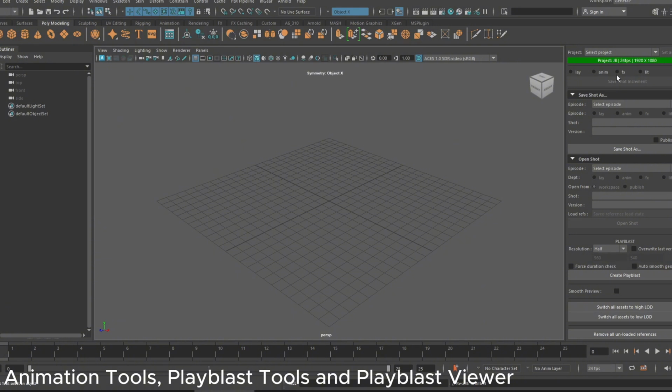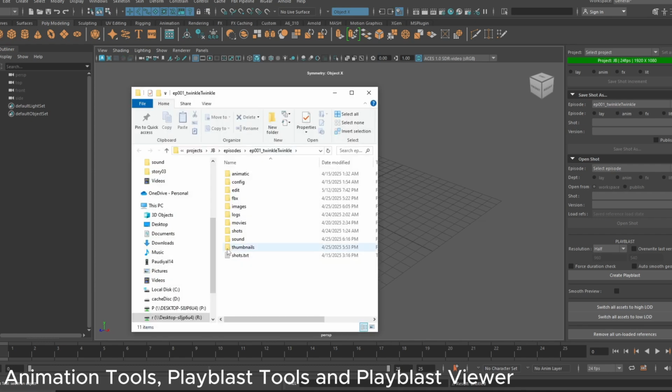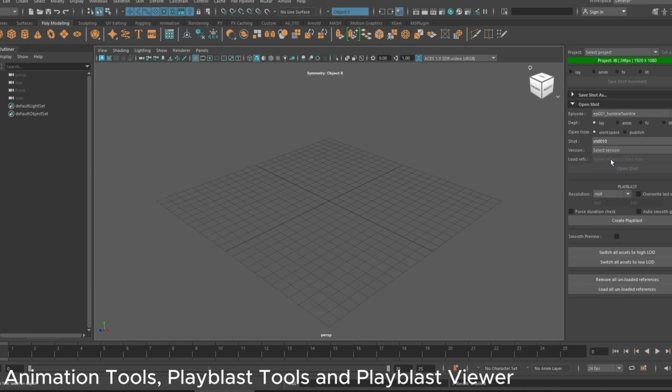Then we have animation tools. So it has options to save and open shots similar to assets that we looked at earlier. Again, if we click at this folder, it takes us to the episode folder. If I open any layout file from here,